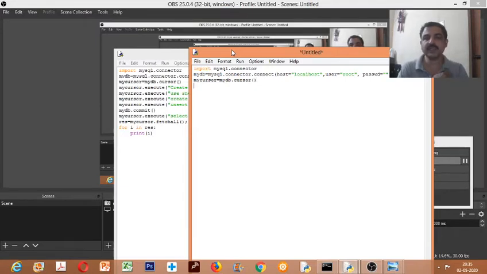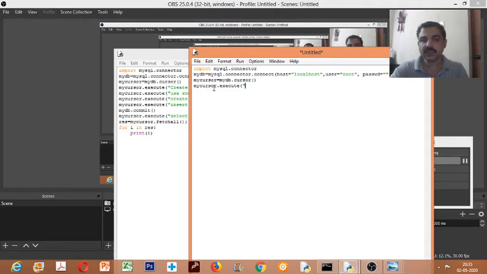After creating cursor, I can run any SQL command through Python. So first we will write a few SQL commands through this. Mycursor is the name of the cursor. Mycursor dot, I'll write execute. The execute function is to execute any SQL command through MySQL.